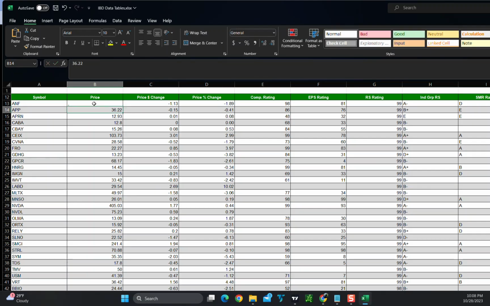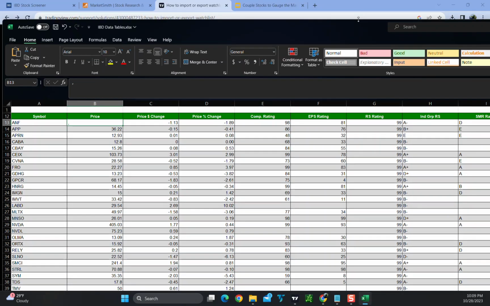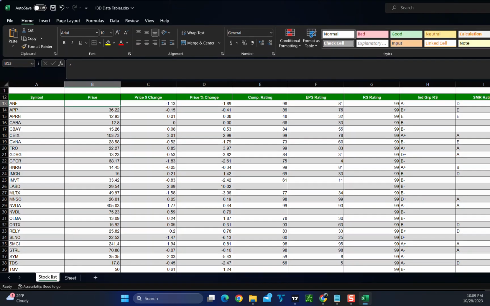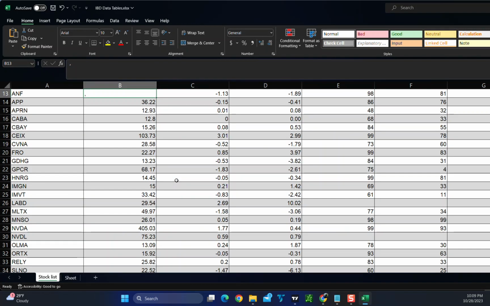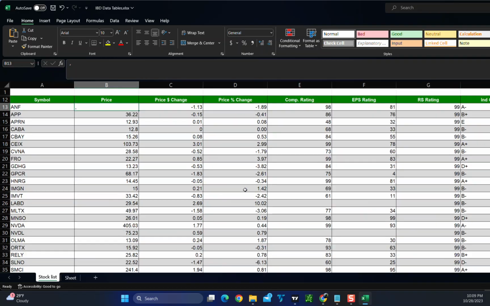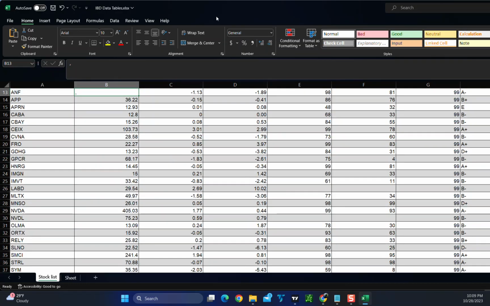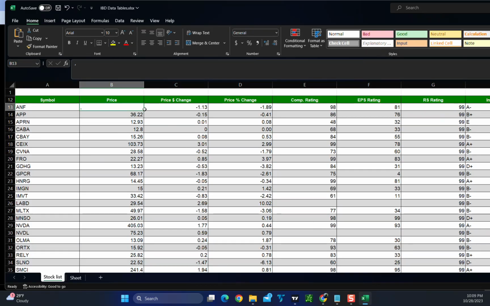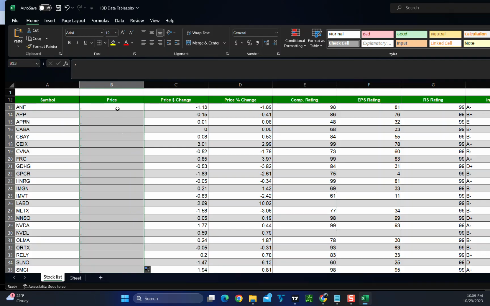So I'm just adding a comma, and then do you see this plus sign here? Let me zoom in a little bit so you can see what I'm talking about. All right, let me zoom in. Sorry about that. All right, so there's the comma, and when you move your cursor here, you see the black plus right at the very bottom right side of the cell. You just double click on that, and that copies the comma all the way down